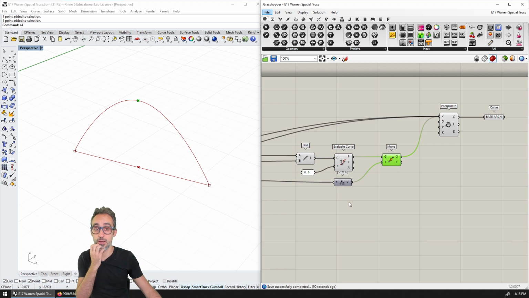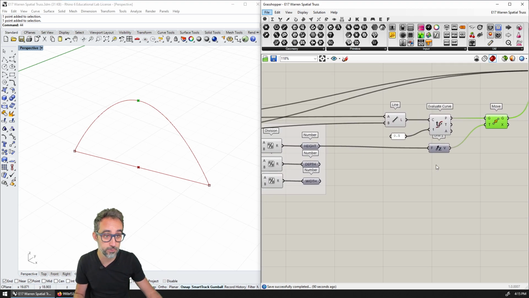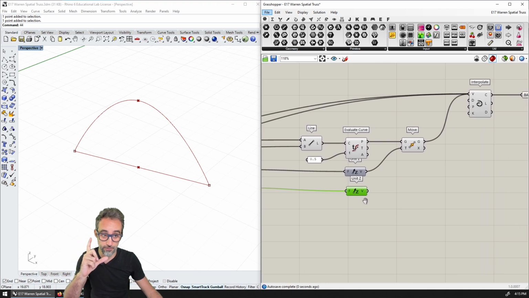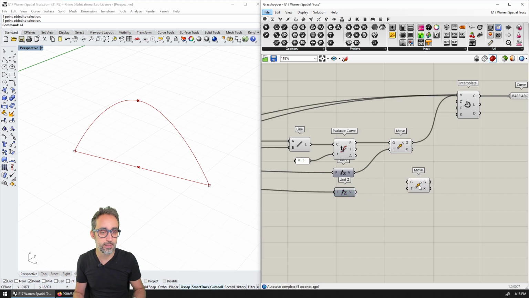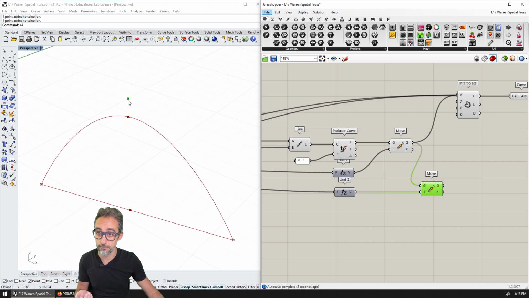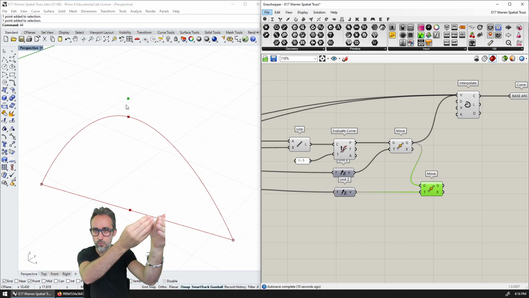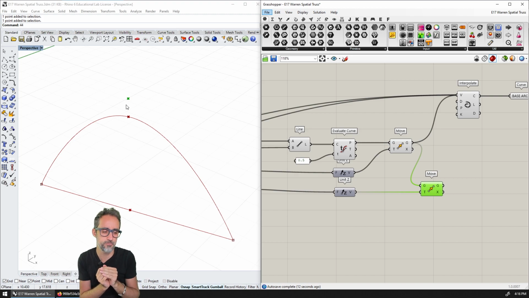So we're going to first figure out how to move it in the z direction. The z direction is going to be just as simple as taking another z vector that is multiplied by the depth in the vertical direction. And then we can take this point, the point that we did, and just move it up by that factor, and we just have it there, right? Now, what we need to do is move this point half the width in one direction and half the width in the other direction.